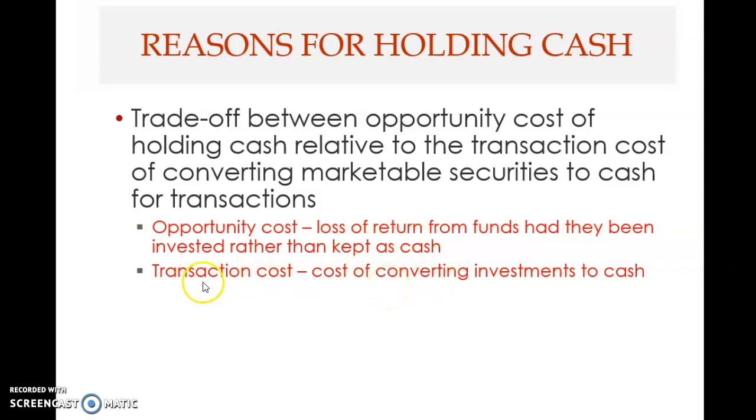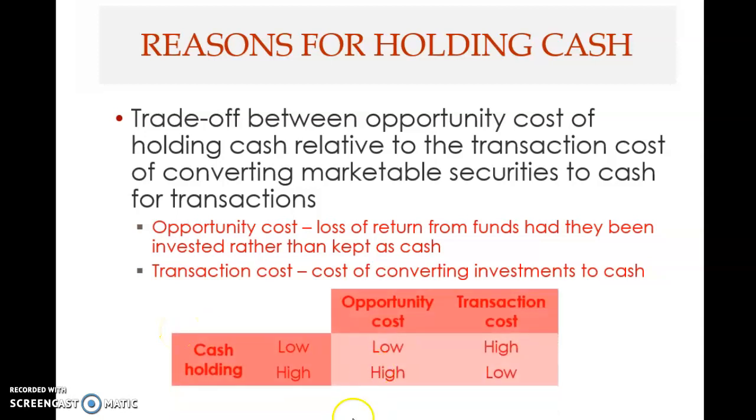Okay, that means if you hold more cash, then you will have lower transaction costs, because you need to convert less. But if you hold too little cash, then your transaction cost will be more because you need to convert more investments into cash. So these two are trade-offs. So if you lower your cash holding, for example, you have low opportunity cost, but you will have high transaction cost. But if you hold a lot of cash, then your opportunity cost will be high, but your transaction